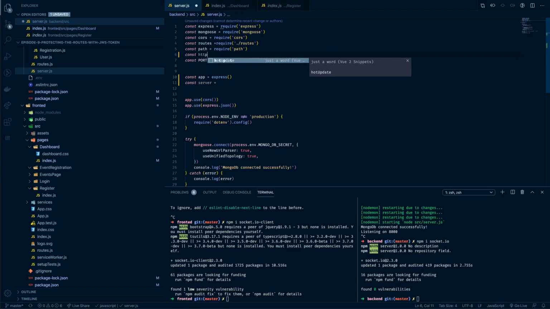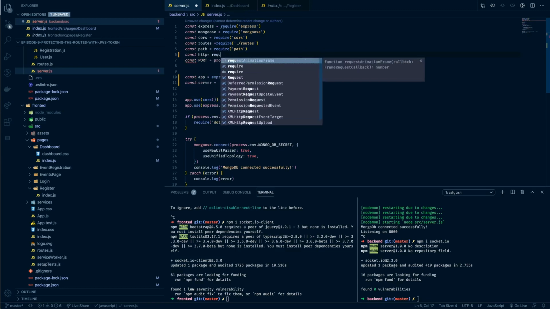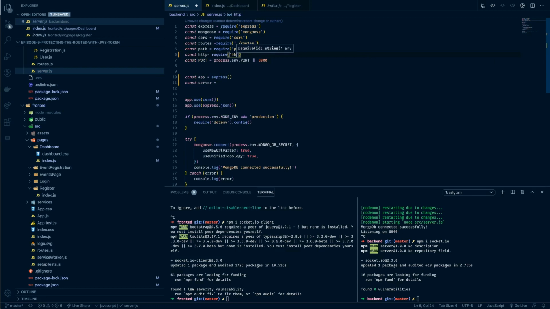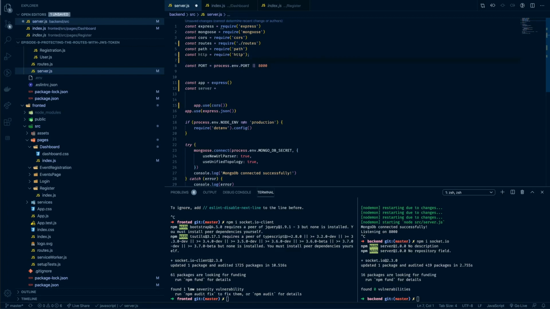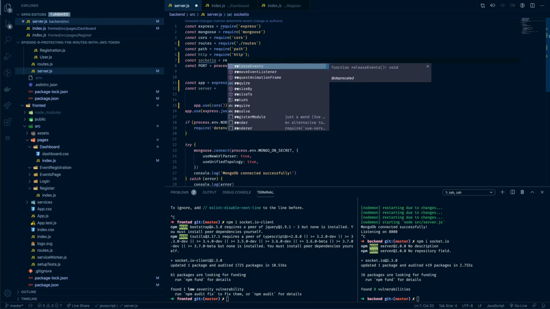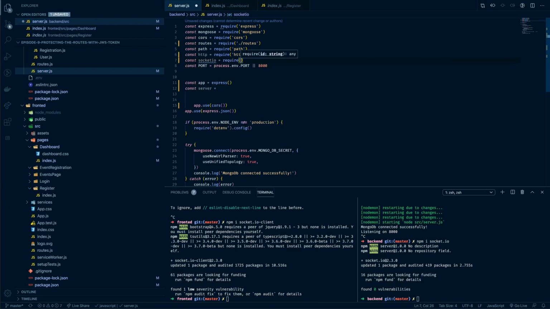const http equal require http, right? And we also want to import const socket.io, and this will be equal to require socket.io. Okay, so now that we have socket.io and HTTP,